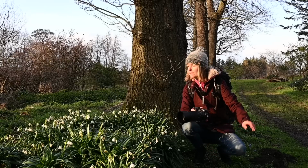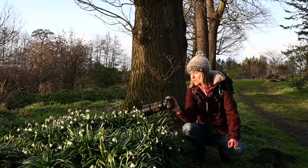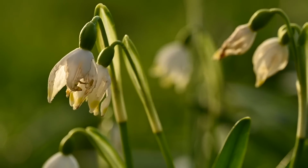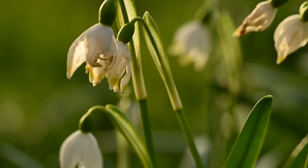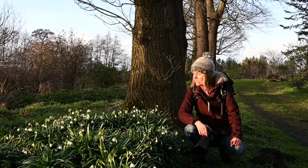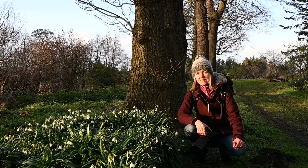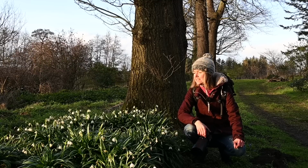Now before I completely pack up and head home, I'm going to try one last attempt to photograph flowers. The snowdrops are getting past it now, some of them are looking pretty dead, but there's still a few that are looking not too bad. So I'm going to use this beautiful last bit of light here as we get towards the end of the day to try and illuminate them from behind and just see if I can get something, because these flowers is